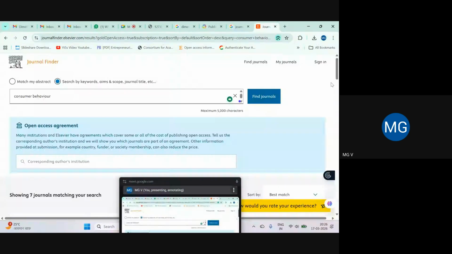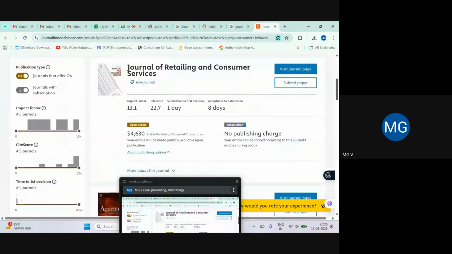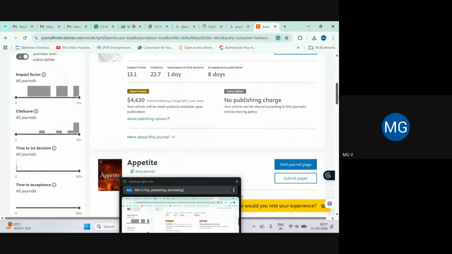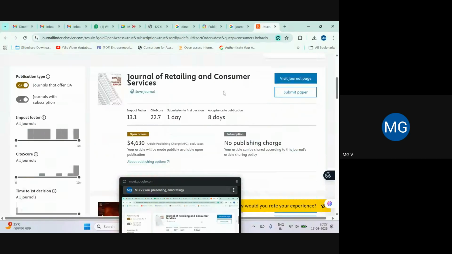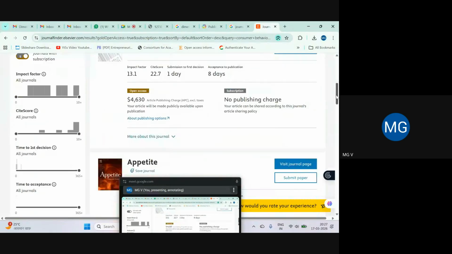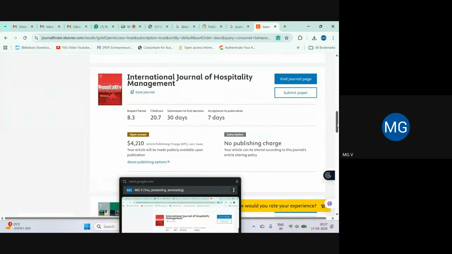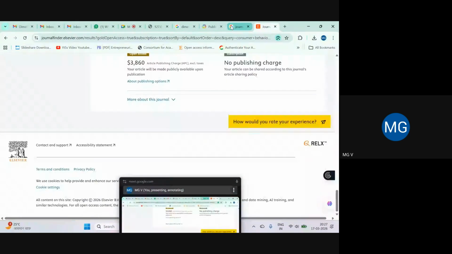Now see, I have typed this word consumer behavior in search by keywords, aim, scope, journal, title, etc. When I scrolled down, I got these journals, Journal of Retailing and Consumer Services, and here is the impact factor, CiteScore, then submission to first decision and acceptance and publication, publication charges, open access charges. So I got 7 results. You see, this is how we can use these options.